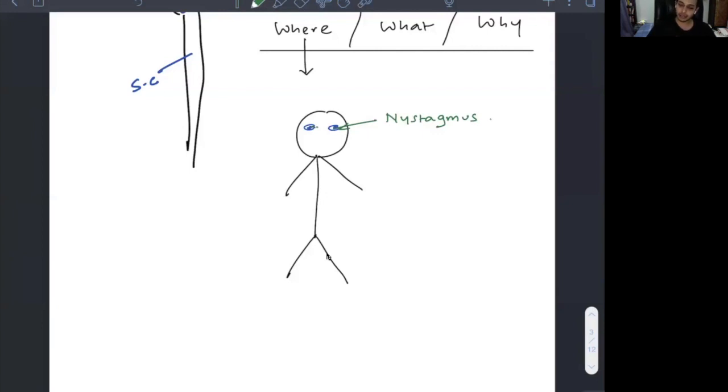So the type of nystagmus that will be there in a cerebellar case is a gaze evoked nystagmus. So what that means is that if you gaze onto one side, there will be a nystagmus. If you're looking straight ahead, usually there is no nystagmus. Now there are exceptions to the rule, but for the sake of this discussion, a gaze evoked nystagmus is what you get in a cerebellar case. Second,